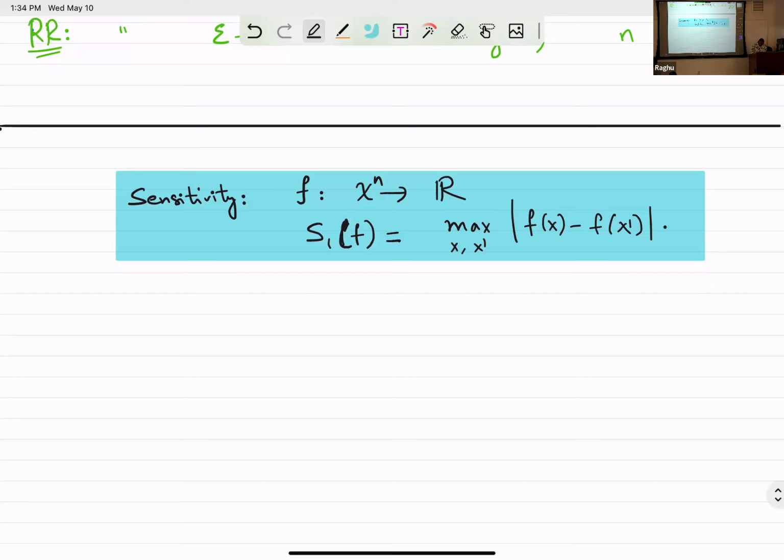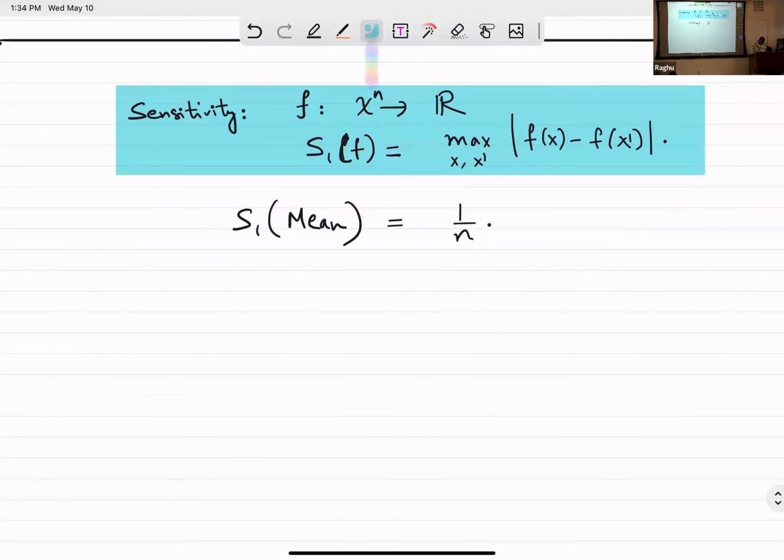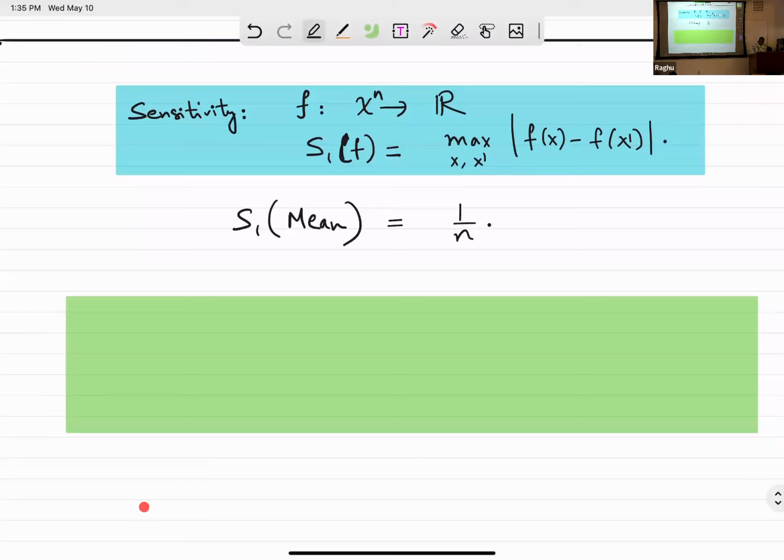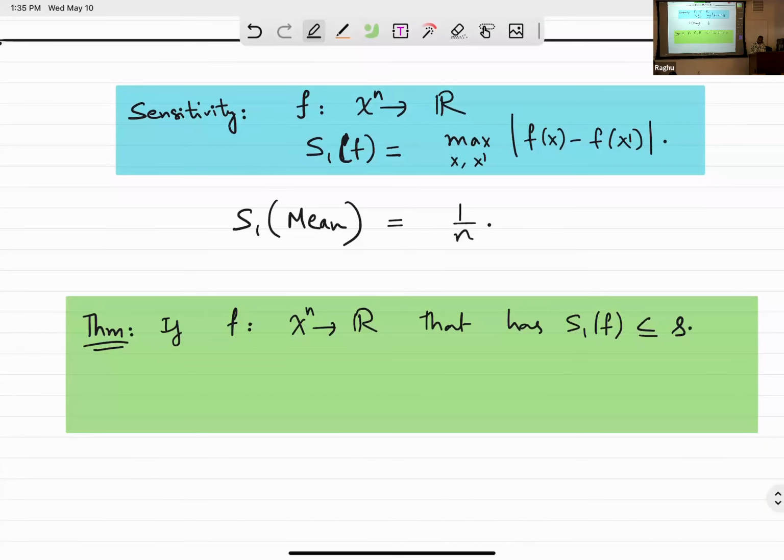Okay. And as we saw, the sensitivity of the mean function is at most 1/n. In the setting before, when you change a single coordinate, the mean only changes by 1/n, where n is the size of the database. And if you look at your analysis, nothing changes. If I have any function f, not just the mean, as long as the sensitivity is at most some s,